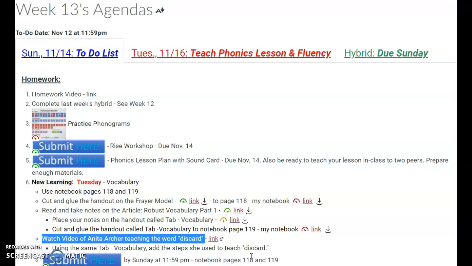When you're done, turn in pages 118 and 119, photos of those,